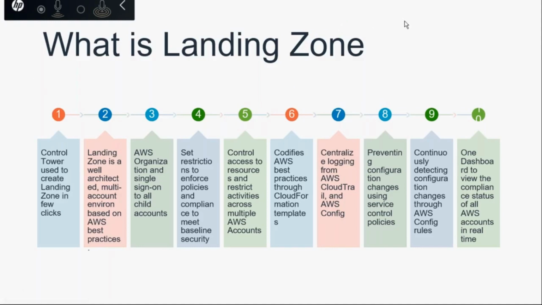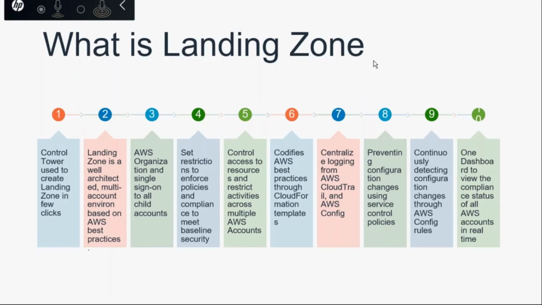Fine. So that will be the problem we will get. If you have multiple accounts, there is a real challenge in terms of sharing the network. Suppose you are getting a Direct Connect from your data center to AWS, how can I share the Direct Connect with multiple VPCs and multiple accounts? And second, IAM access. Should I create IAM users for each and every account? Let's say I want to move my data from the dev to the production account. How do I move it? So there will be a lot of challenges.